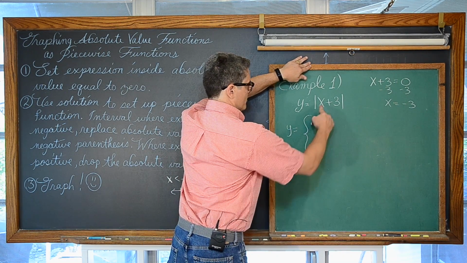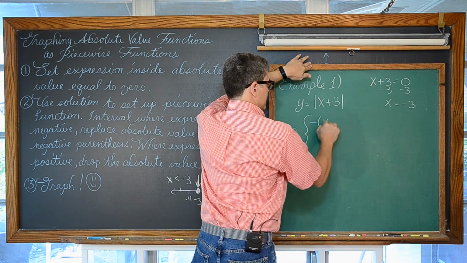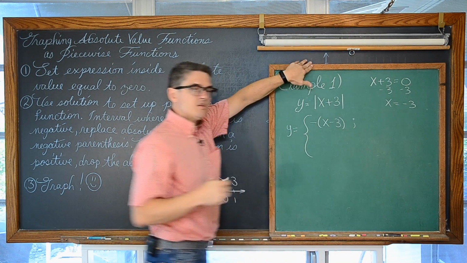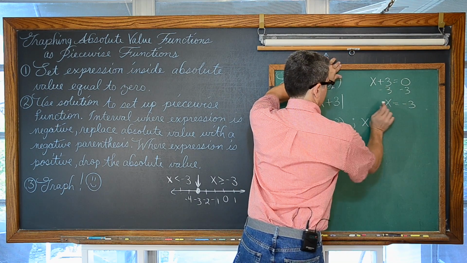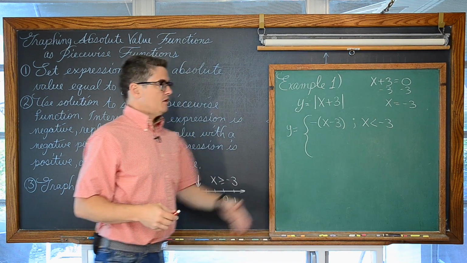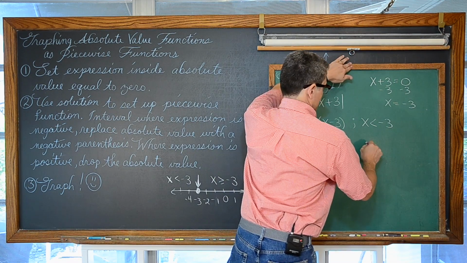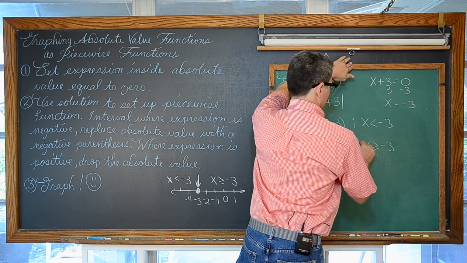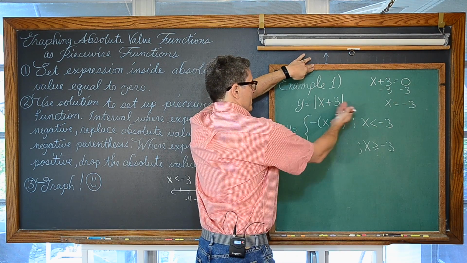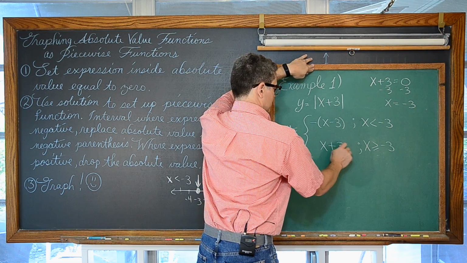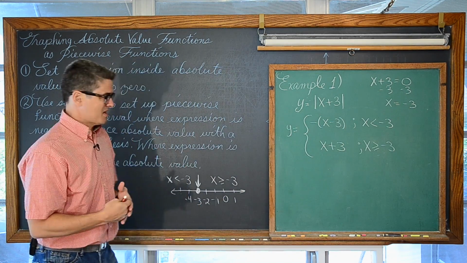So we have replacing the absolute value with a set of negative parentheses. We get negative parentheses x minus 3, and that's going to be the equation we use, again, for when x is less than negative 3. Now, if we're to the right of this critical value, if x is greater than or equal to negative 3, well, like when I tried 0, the absolute value of 3 is 3. Nothing really happens, so we can just rewrite this equation with no absolute value notation and no negative parentheses because we're not really changing any signs.